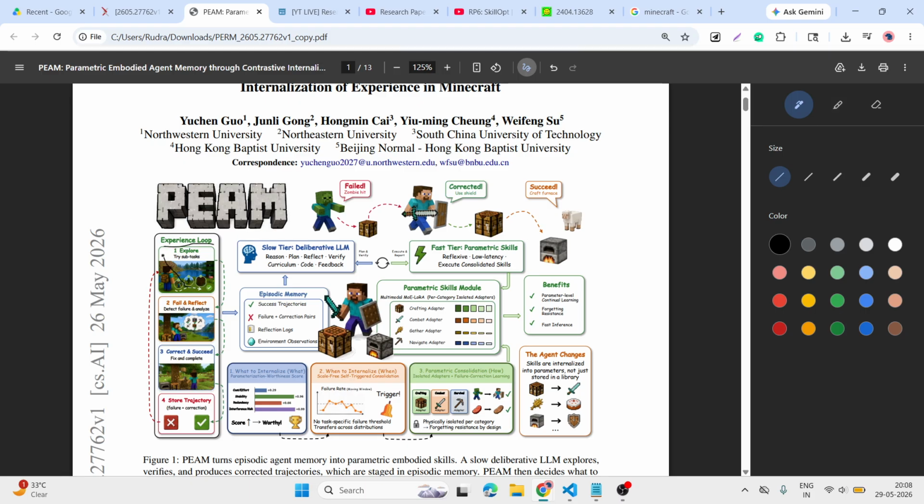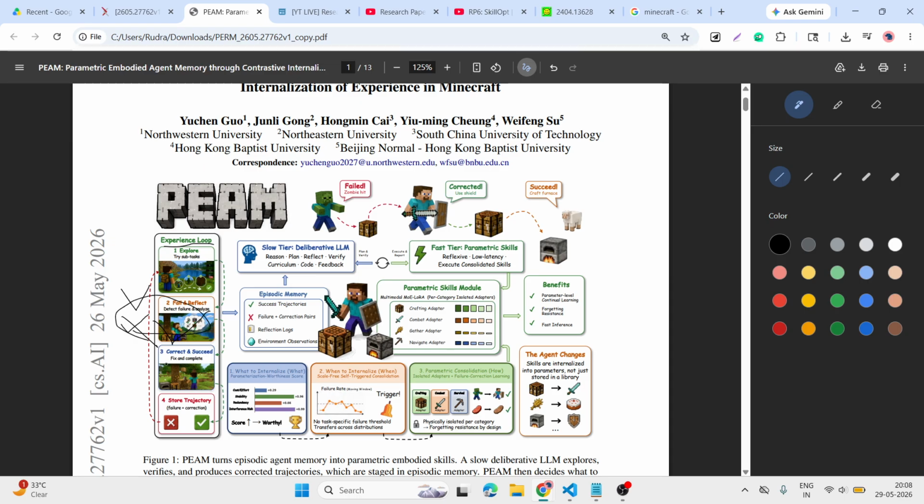First of all, explore means it creates some kind of experience on its own. In our real case we have our own experience, but here the agent creates its own experience by buying, creating, digging, and all of these things. Then it defines what actually works and what does not.